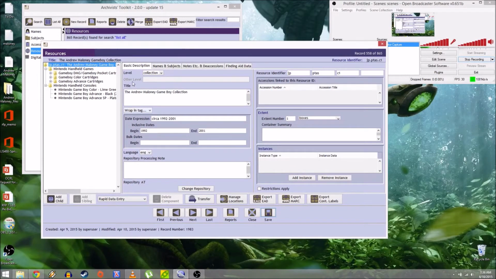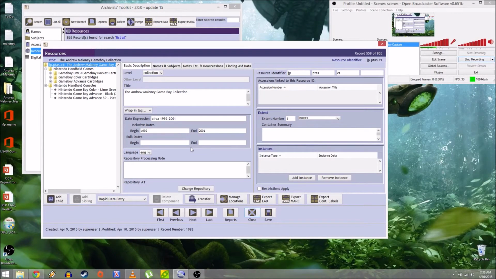Alright, so for each level of collection, which you can designate with this here, every time you start inputting information about a certain collection, every time you make a new item branch, a new subseries branch, a new collection, you have to designate what level we're talking about. So we're talking about the collection. Every time you create a new facet, you have certain fields that you have to fill in before AT will allow you to